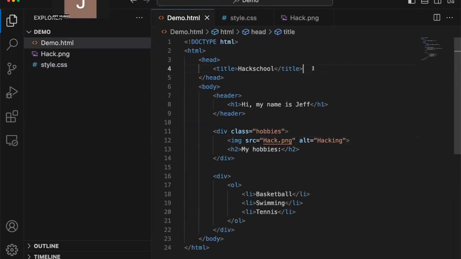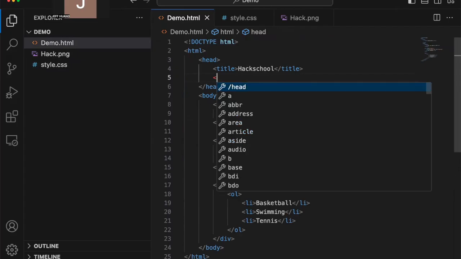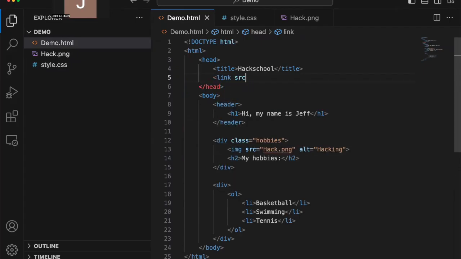After this, you can link it first. And then you can do rel equals stylesheet, and then href goes to the file. Oops, href, not source.